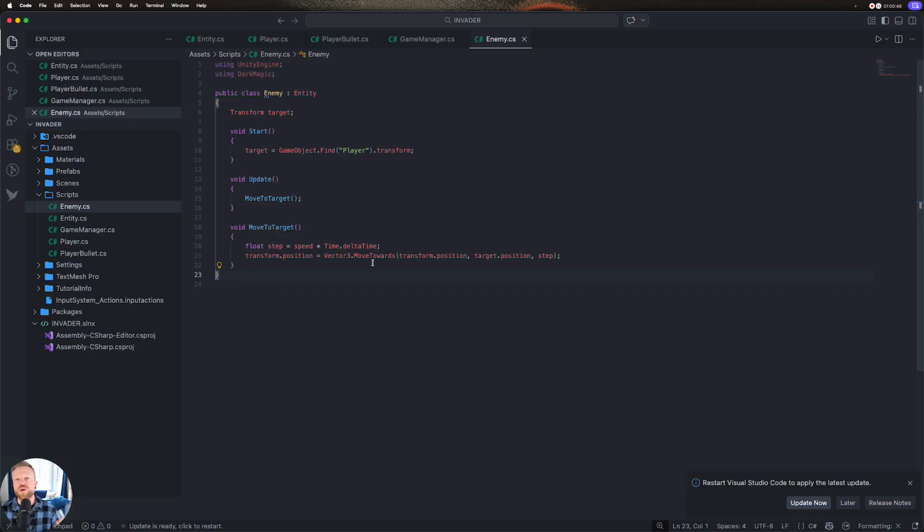The problem is when you manually numerically change the position value, that does not participate in physics. It goes around it, right? So in order for collisions to work the way you expect, movement has to happen at least partially through physics. So what does that mean? For the enemy, instead of saying,